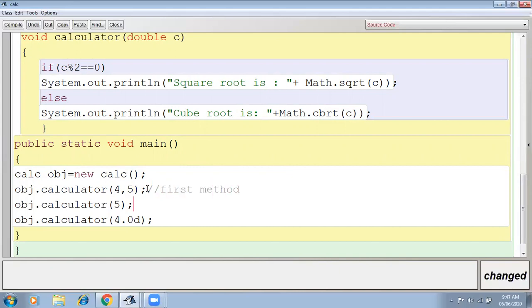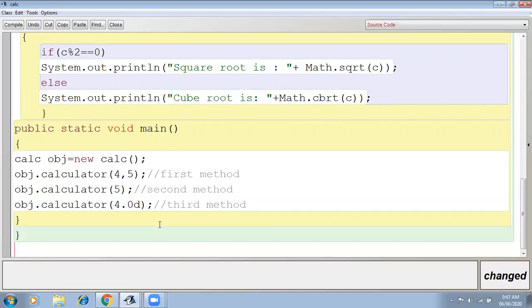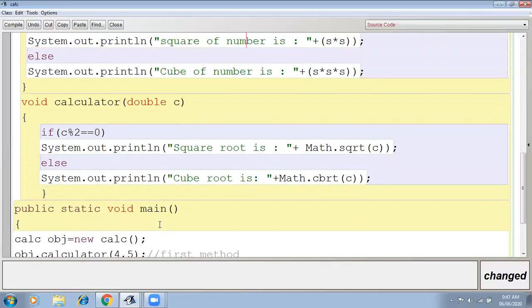Then if I call the calculator method using one integer parameter, the second method is going to be called, right? If I call this calculator method using one double parameter, then my third method is going to be called, right? Like that you can write the function overloading program.